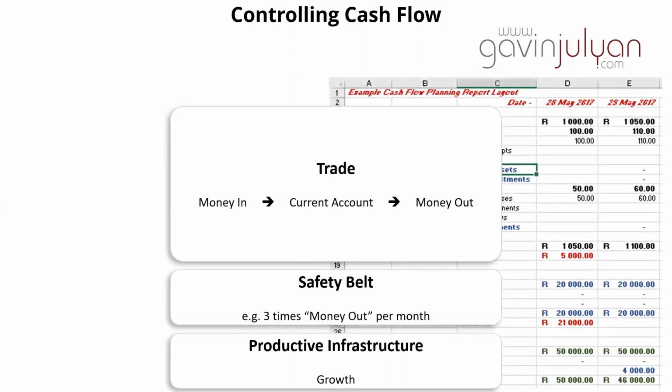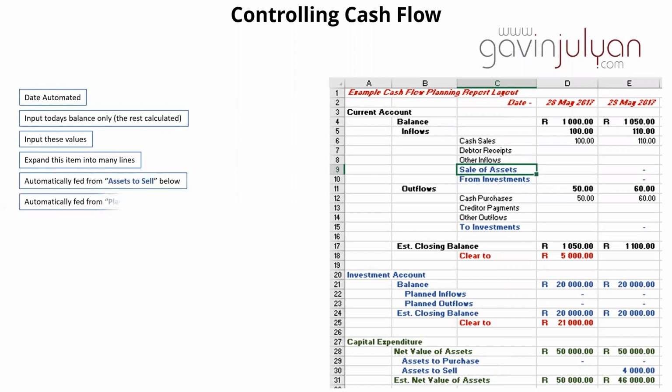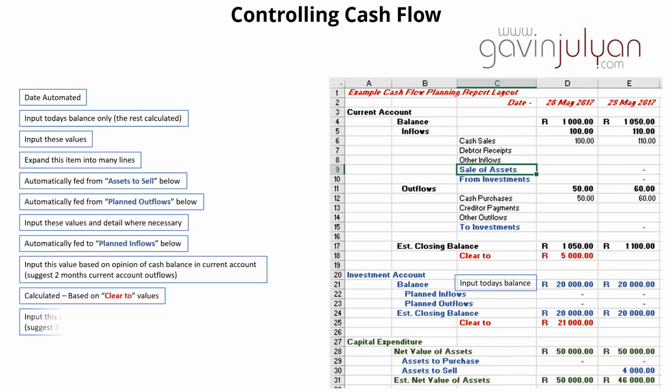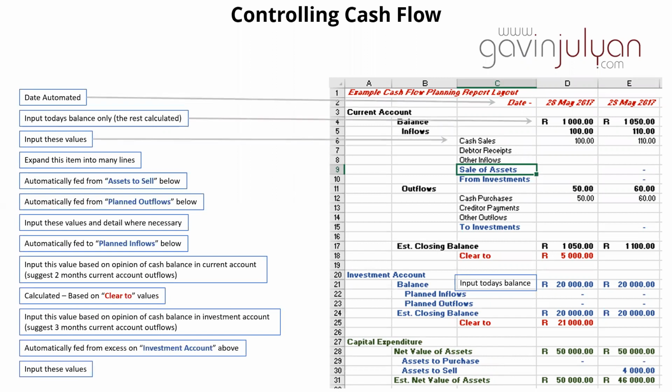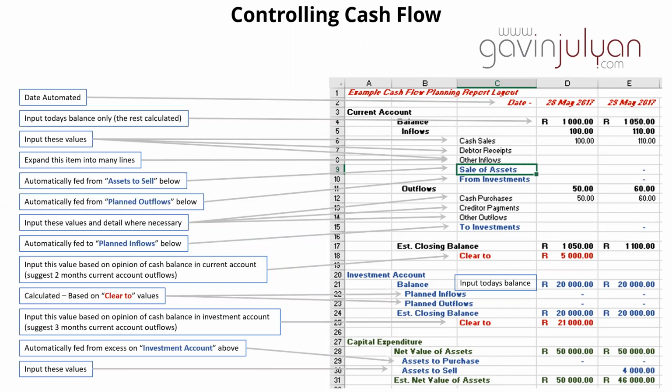Now, that all fits into a report that we need to control. And essentially, there are lots and lots of things happening in what appears to be a fairly simple report. But I just want to pause here for a second. Because even though there's a hang of a lot going on here, what is important is the following stuff. When I look at people who do cash flow reports, the only thing they tend to look at is their current account. In other words, how much money is coming in, how much money is going out, and basically sales and purchases. To me, that's nowhere near enough.